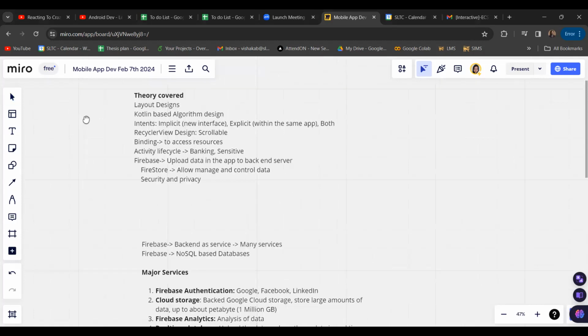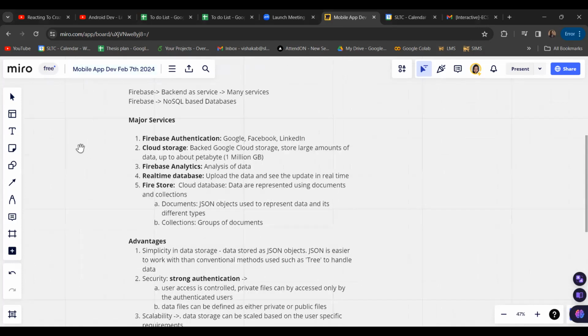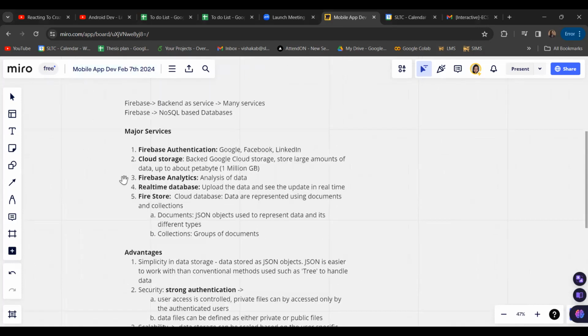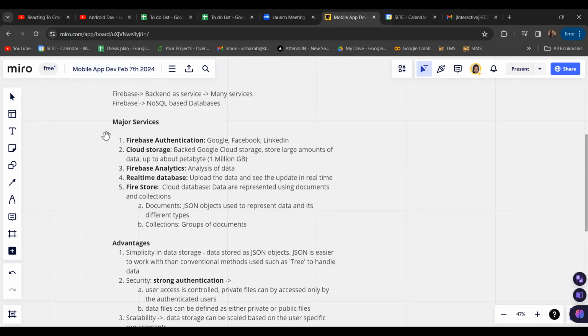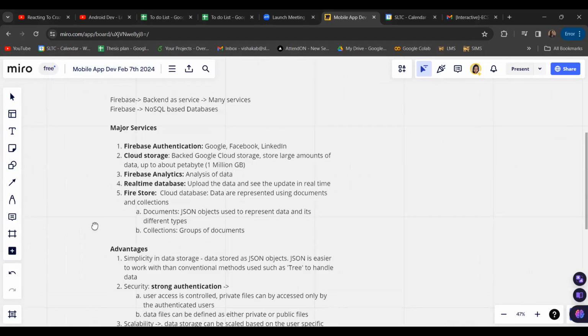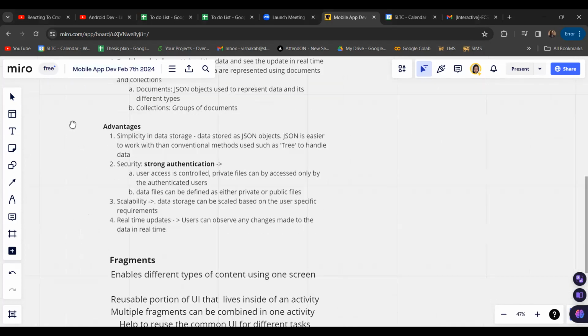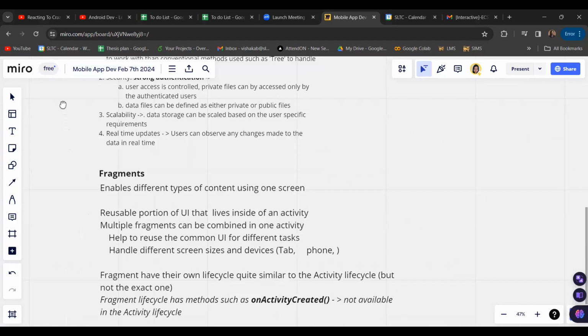So these are the things we have discussed. We discussed the Firebase and the major services that it provides, and the advantages. We discussed these sections in the last session, so I'm not going to go through them